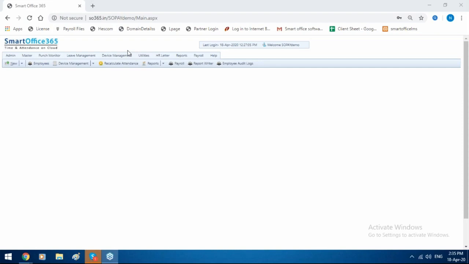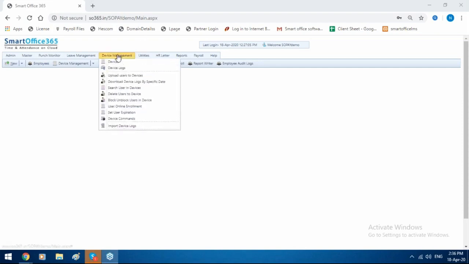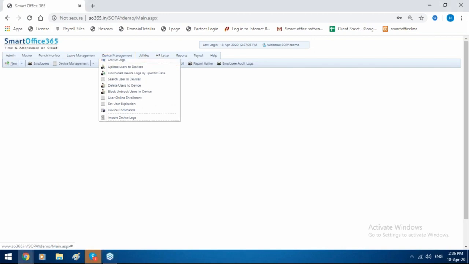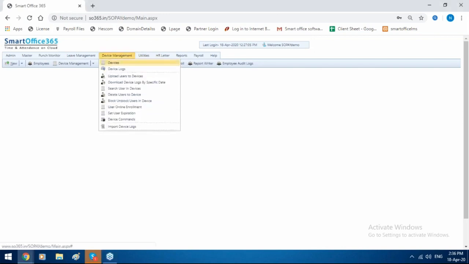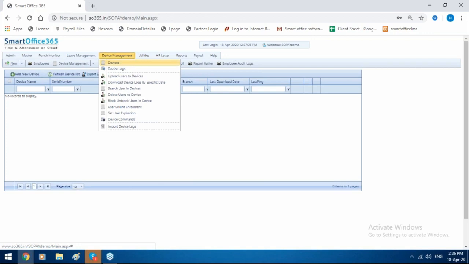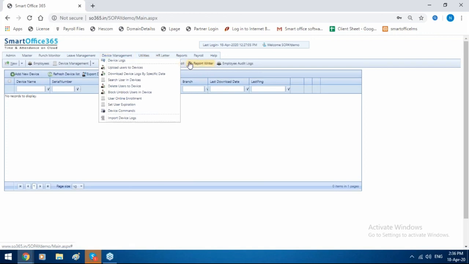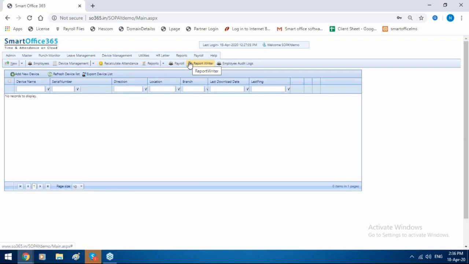If you go with the Smart Office software, you will not get any of these issues. So we will check what features we have in payroll software. First of all, your device will connect from here, which is a Biomax device. You can check, it is an automatic, seamless integration in Smart Office payroll software. You will get both attendance plus payroll software in a single solution. Okay, here are the payroll features.